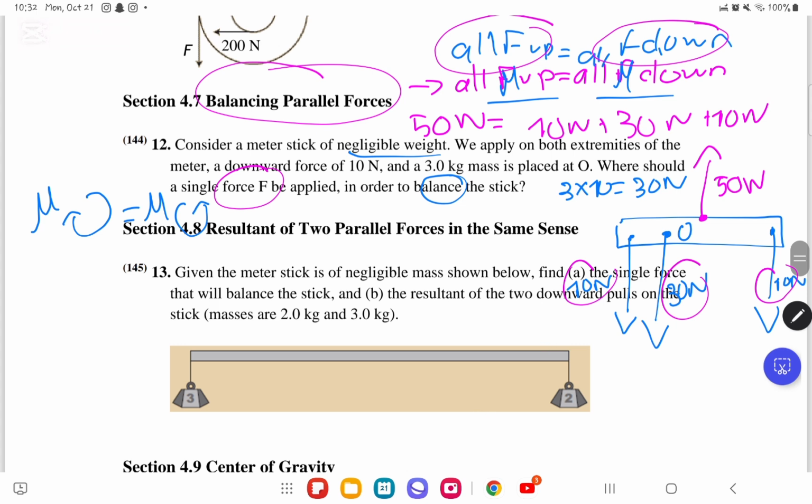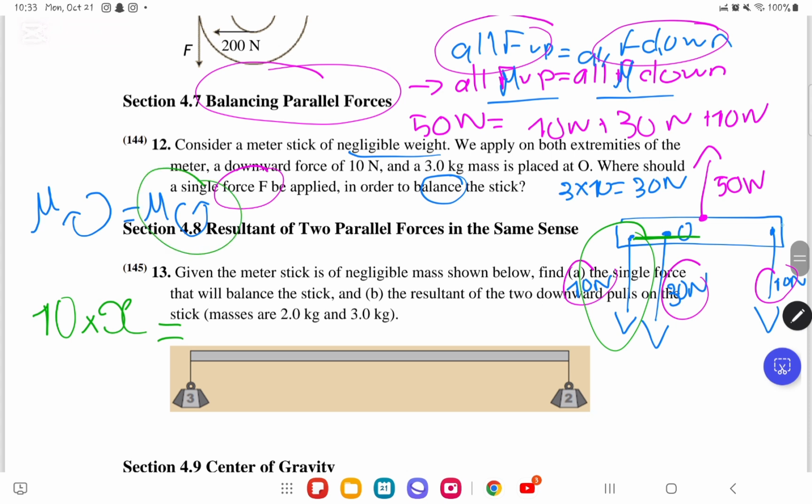So, first let's take the moment of clockwise. We know the moment of clockwise is, let's take for example a force T, which is 10 newtons. So 10 newtons, we're gonna find its moment. We're gonna multiply it by a distance x, a perpendicular distance x from a point, and it has to be equal to the moment of the